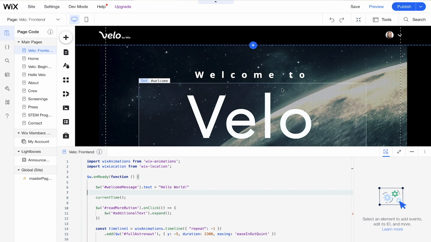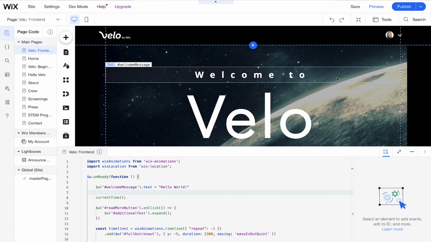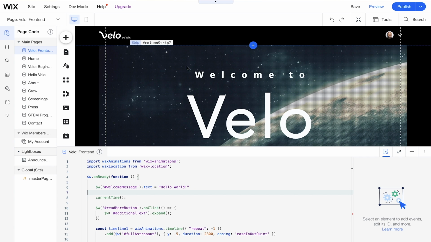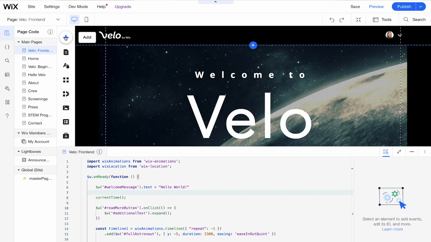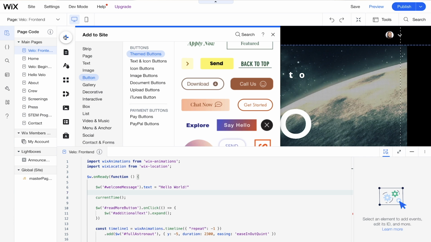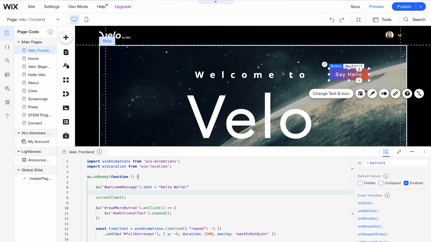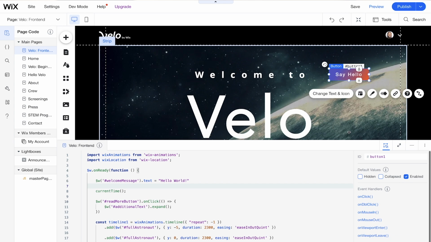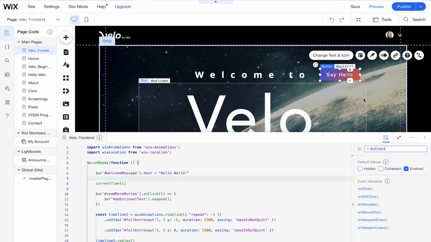So we'll go back to the editor now, and we're going to add some more functionality to this page as well. I think what I'm going to do next is add a button so that when I click this button, it's going to make something else happen, maybe change the text to something different once this button is clicked. Let's try that. We'll go here to the Add panel, and we have a list of different buttons here, but I like the way this Say Hello button looks just because it's relevant. I'll drag it and drop it here, and I'm going to select it. With the properties panel, I'm just going to select the button and change the ID to hello button.